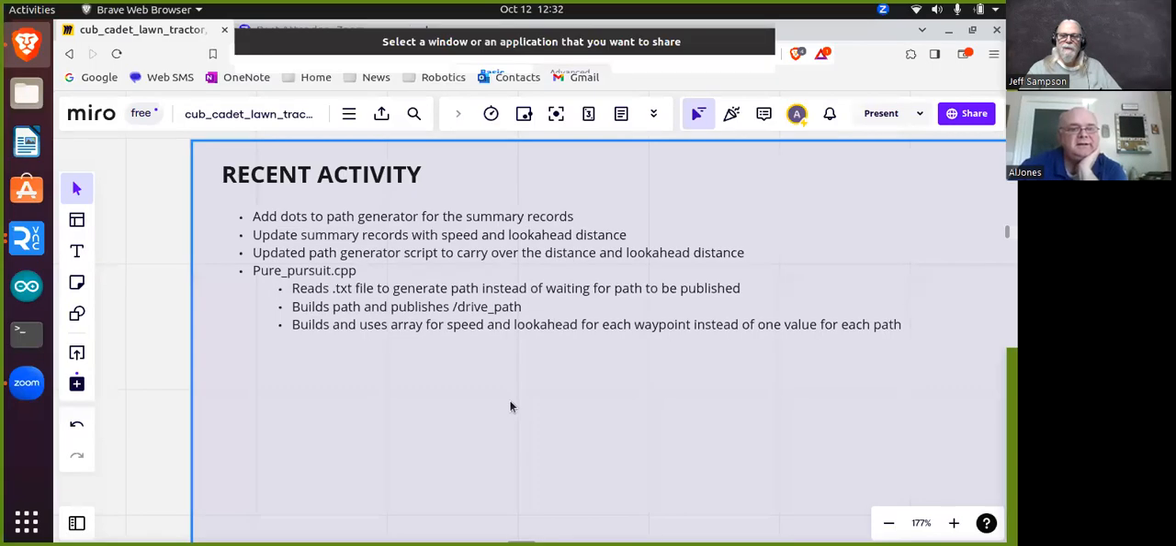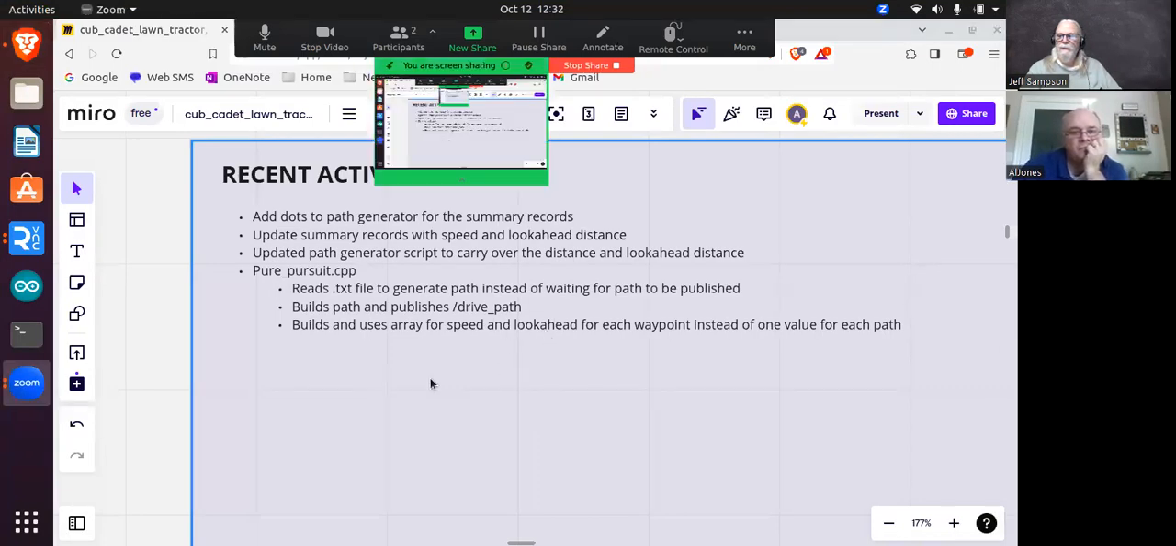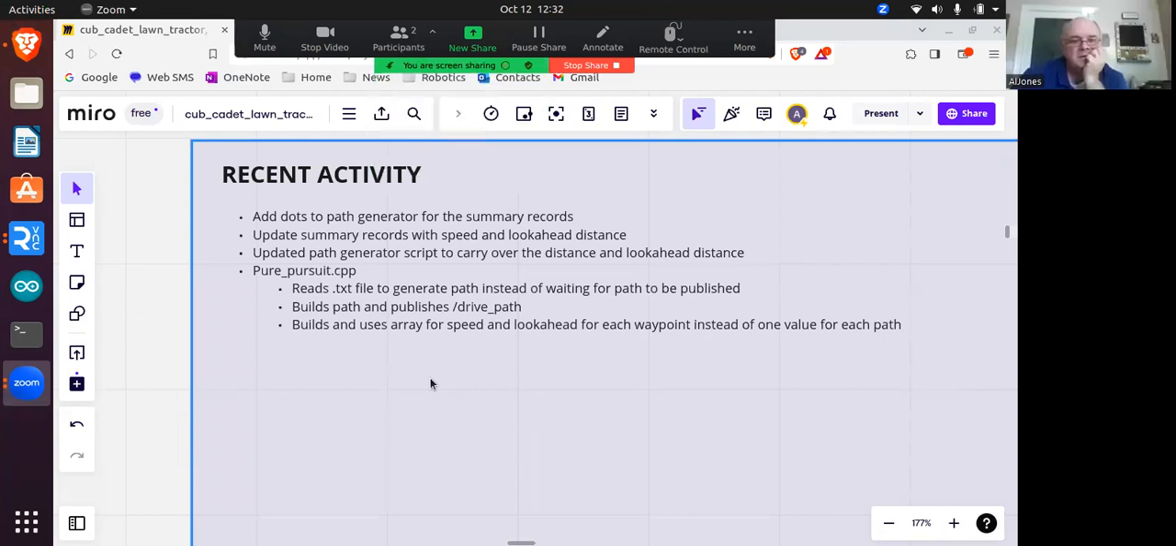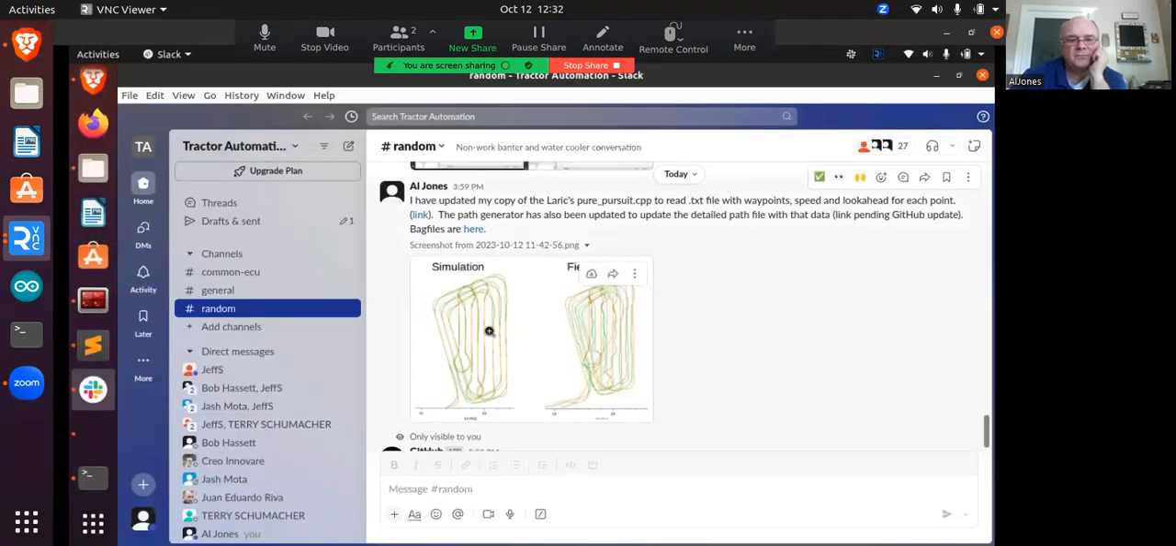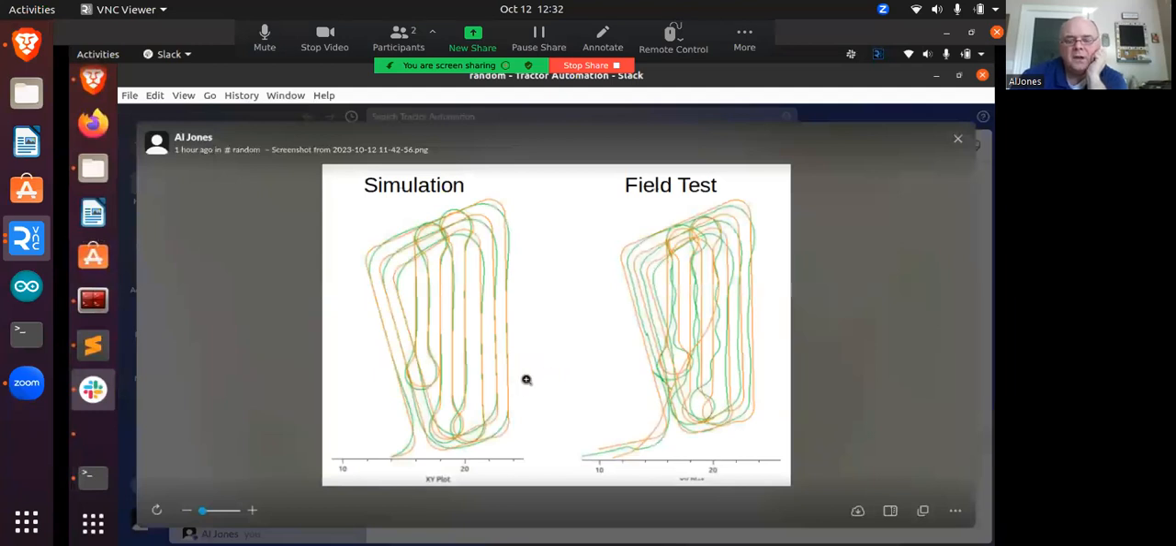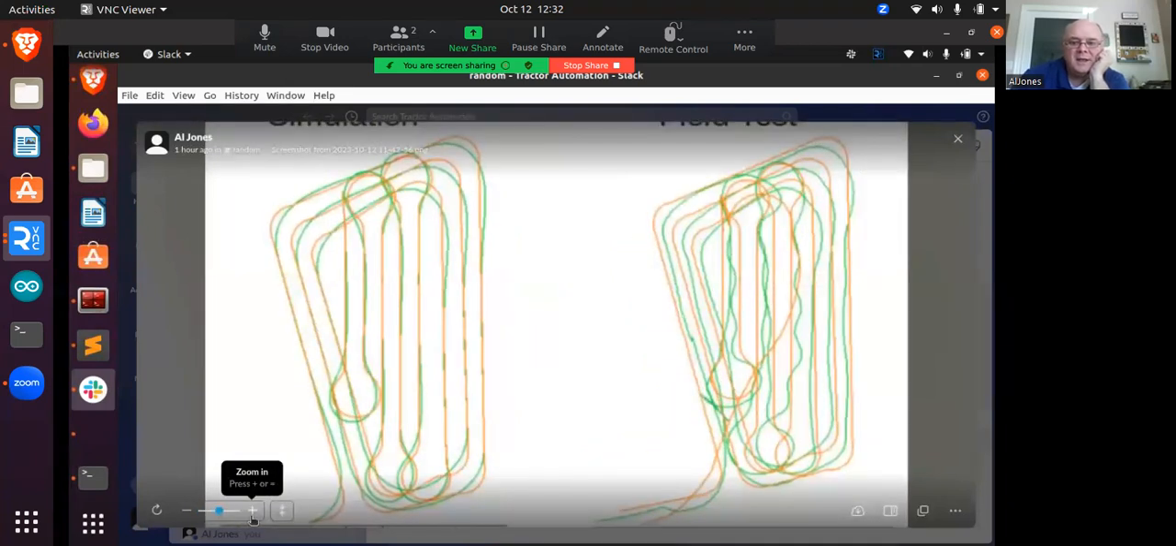Well, on my side, let's see, what's the best way to talk about this? The path on the left is how it was run in simulation. On the right is how it was run in the real world. The orange line is the planned path. The green line is the